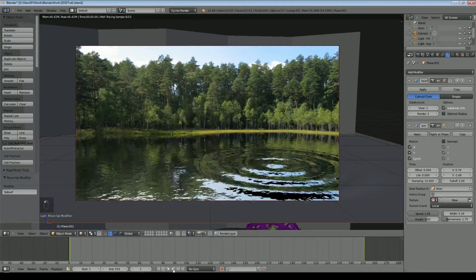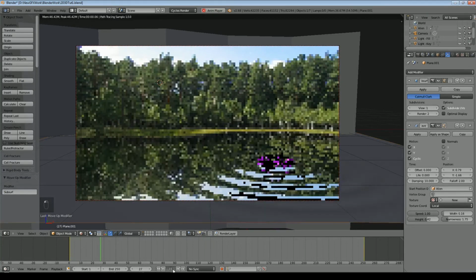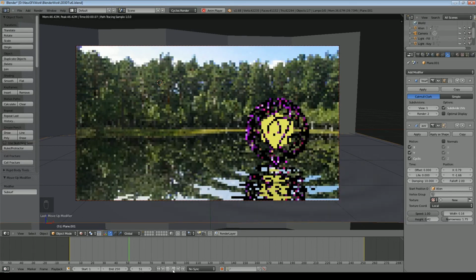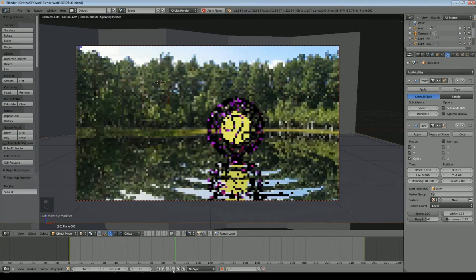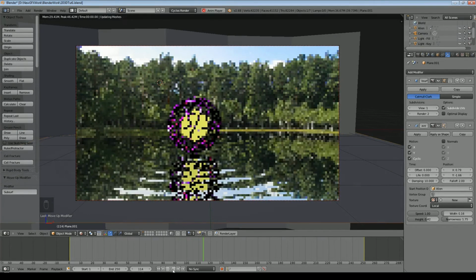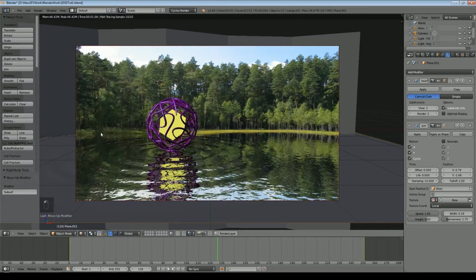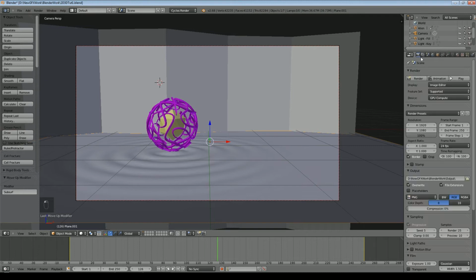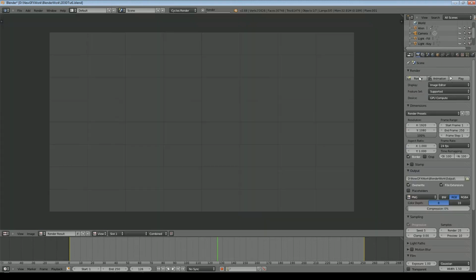Essentially that is it, because you can already see, because we've set the start position for the ripples as this alien shape that I made, and the alien shape is already animated, you will see as it moves across that the ripples will follow it. And if I let it get to about there and then let it render, you can see there they are. There's only really one little element left, but we'll just give that a render because we're going to need the render in a moment anyway.